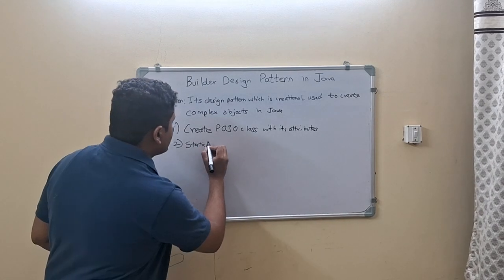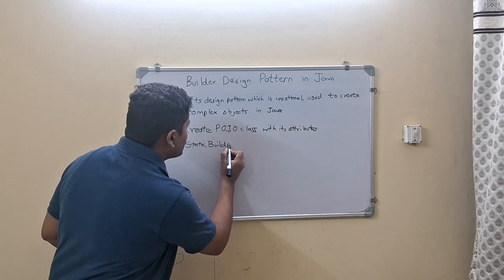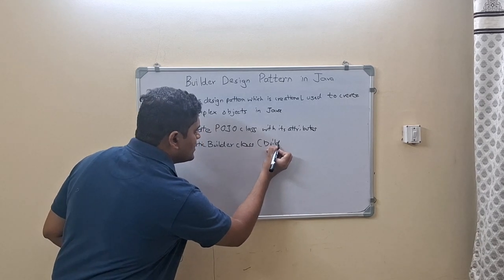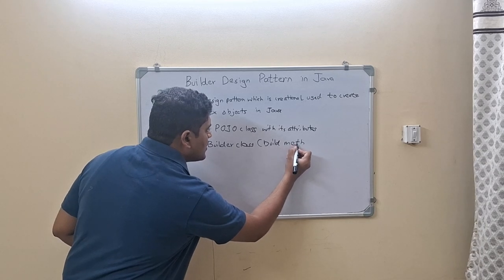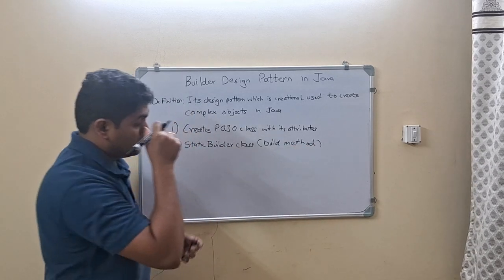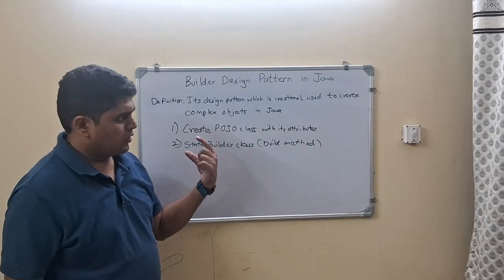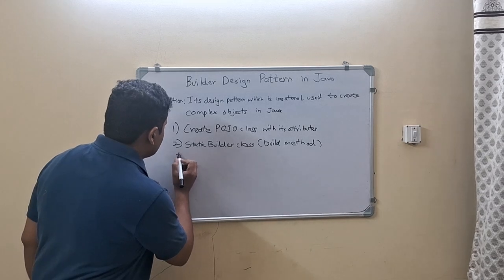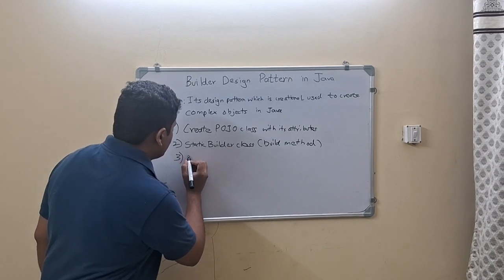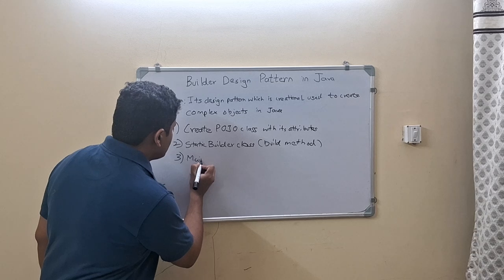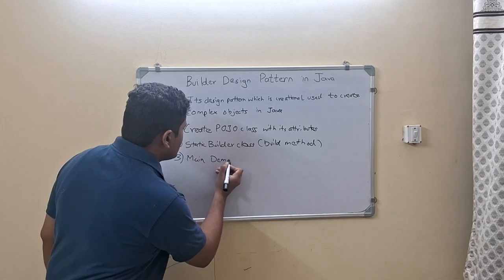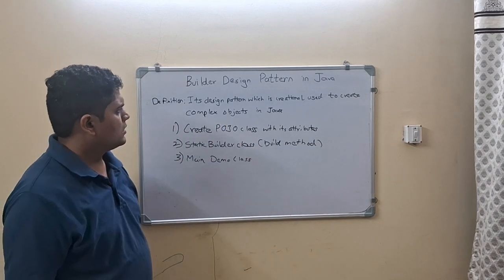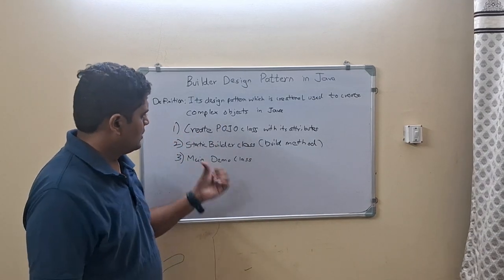The importance of the static builder class is that it will contain the build method, which is used to construct the complex object, and you can demonstrate it using a main demo class. So only 3 things are needed while creating a builder design pattern: